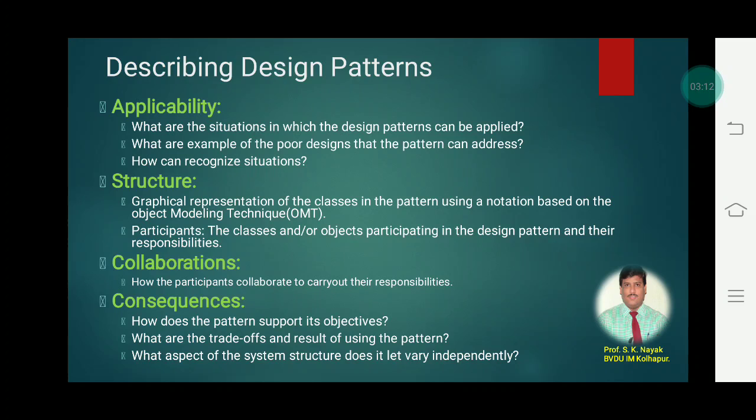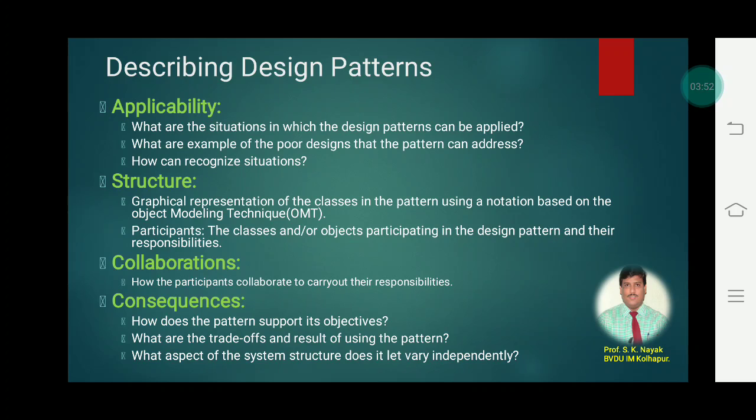So the next part is the structure. When we are describing design patterns, we have to see the structure of design patterns also. So how can you structure the design pattern? Through graphical representations of the classes in the pattern using a notation based on the Object Modeling Technique, that is, OMT. So we have to describe it, we have to structure it through the OMT process. In the graphical representation, we have to show classes, objects and relationships, and we have to completely show the structure of the design pattern. The next